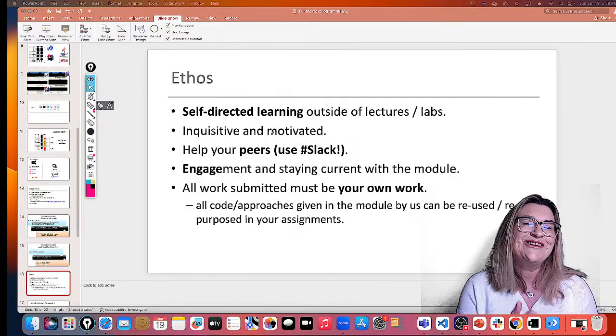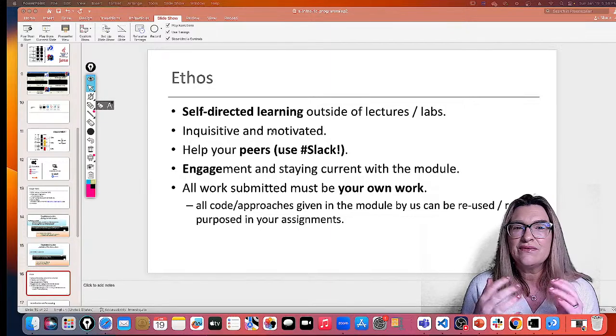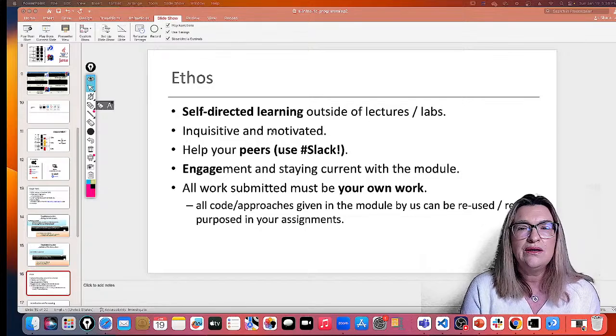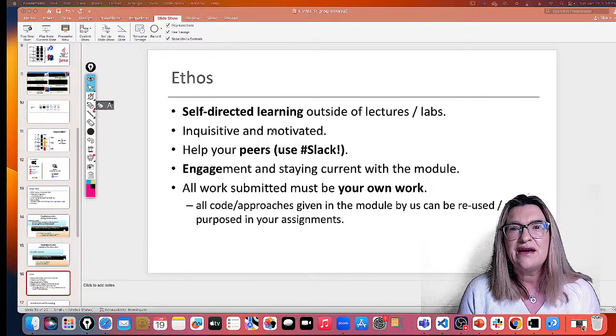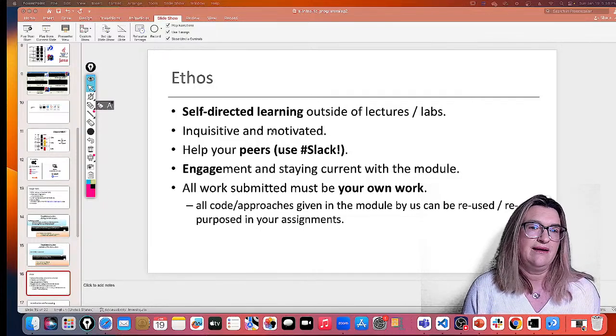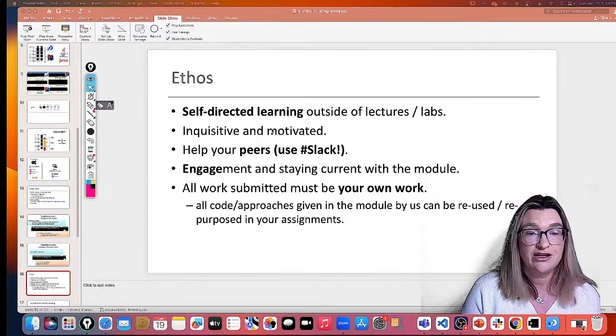Okay. So what's the ethos? So the ethos is it's self-directed learning outside of lectures and labs. So you can go away and you can break whatever we give you and fix it. Okay. Be inquisitive, be motivated. So what that means is, we'll give you code, you'll write it in, you learn nothing. So what you've got to do is, we give you code, you write it in, you change the code,